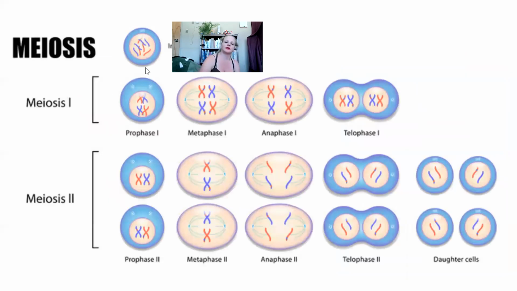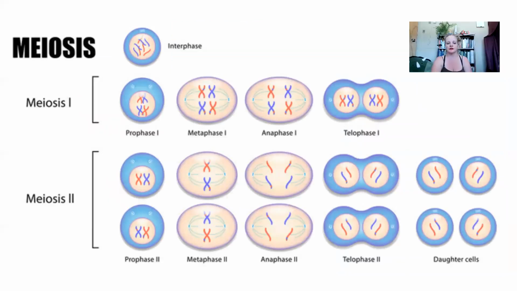All right, so here we go. Let's talk about this process. First of all, we have interphase. Our cells are just doing their cell thing, just hanging out. We still have growth 1, G1. We have our DNA replication. And then we have our G2 phase, and now we're ready to do meiosis. In prophase 1, we're going to see synapsis. Our homologous chromosomes are going to come together. They're going to do crossing over, which I'll talk about more in a minute. Then they're going to line up. Here's a thing that's different from mitosis.